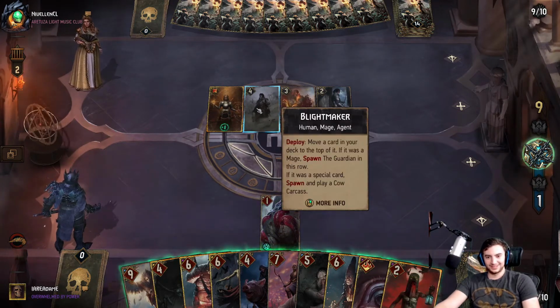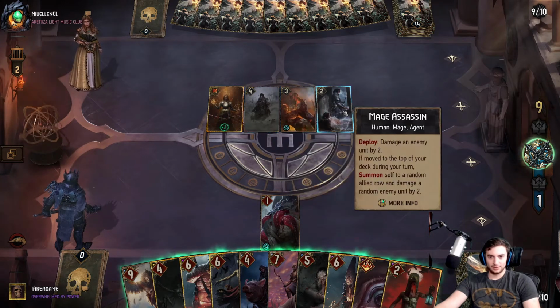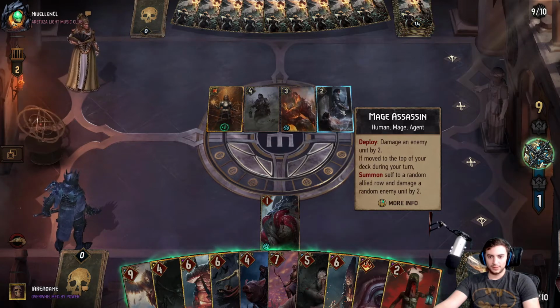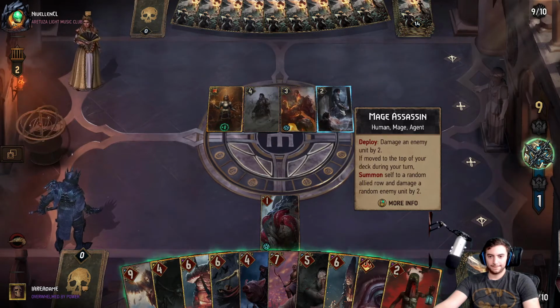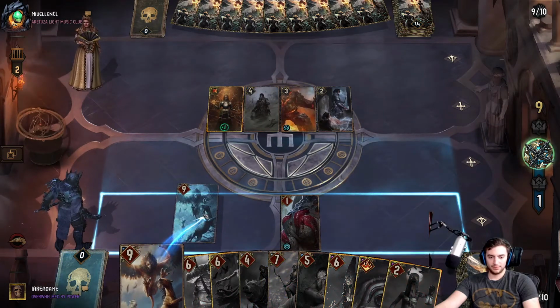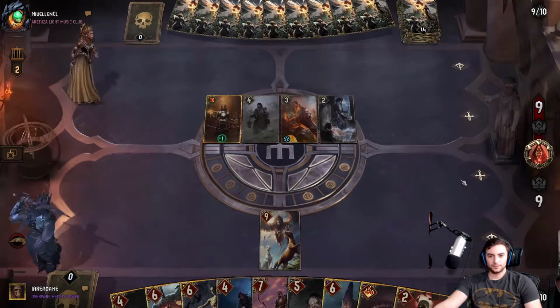Move card top deck. If it was mage, spawn the guardian in this row. If it was a special card, spawn and play a cow carcass. Damage to summon yourself to random allied row. Move to top of your deck. That's actually just lucky then. Or maybe there's something else in play here that makes that good, but...